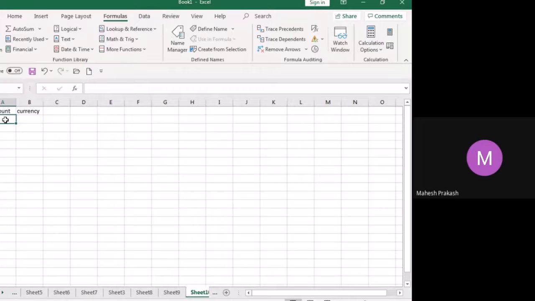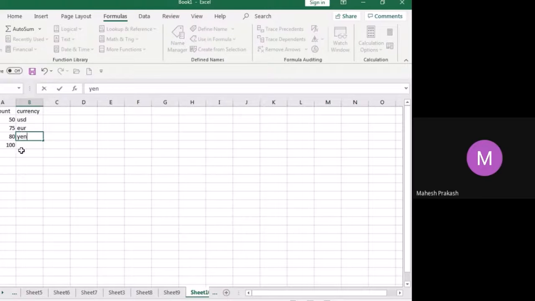So what I'm putting here is 75, 80, and 100. I'm just placing the currency USD. Next European EUR. Next is yen, and the last one I'll put it as RUP.